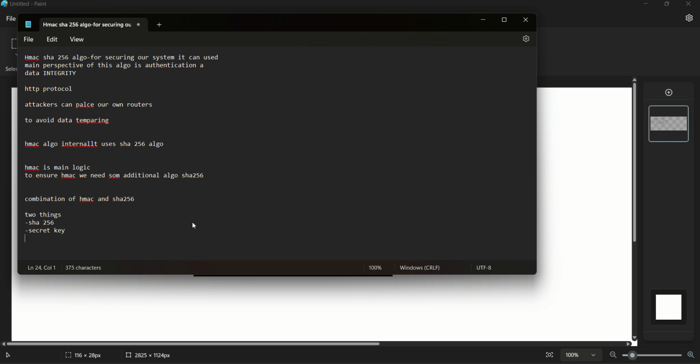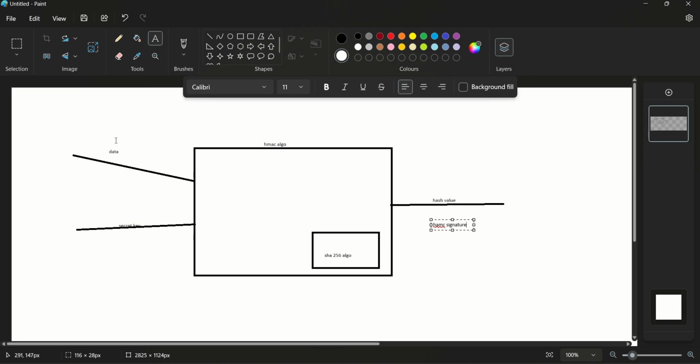I can further explain how a secret key is developed, or who can give the secret key. Whenever a customer or any input data comes into the system, it takes this data and mixes it with the secret key, and SHA-256 generates a hash. The output of the system is a hash value. A hash is not understandable and is unreadable